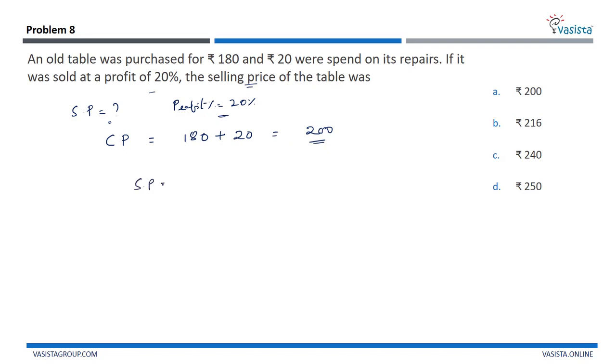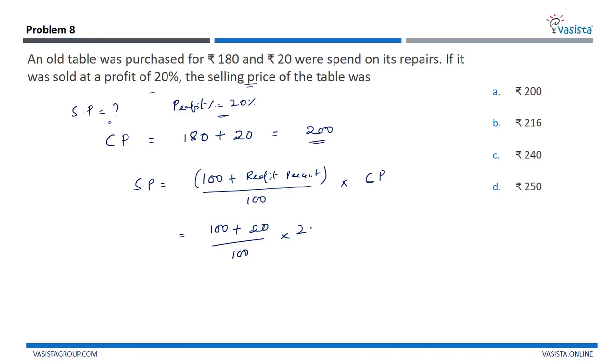Selling price is equal to (100 plus profit percent) divided by 100 into cost price. That is, (100 plus 20) divided by 100 into 200, which is going to be 100 plus 20 is 120 by 100